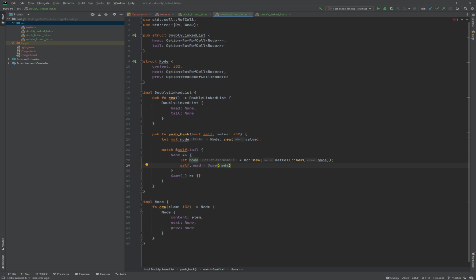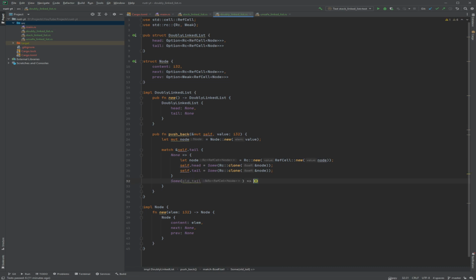And this is the difference between C++ and Rust. It's moved by default, not copied. So you want to copy the ownership, and you do that using clone. And then you get the reference of the thing you want to clone. And you do the same with this. And then obviously this scope will deduct a reference count because the scope ends, but it'll be alive due to the head and tail. So we're good.